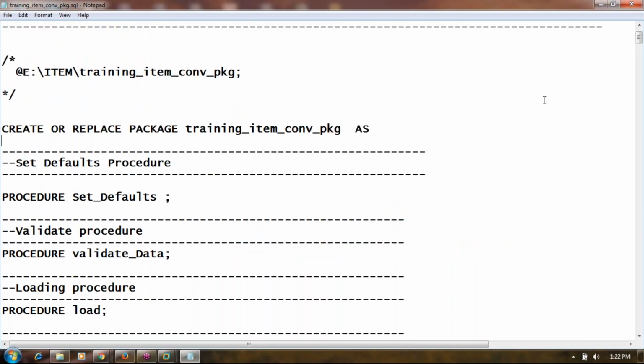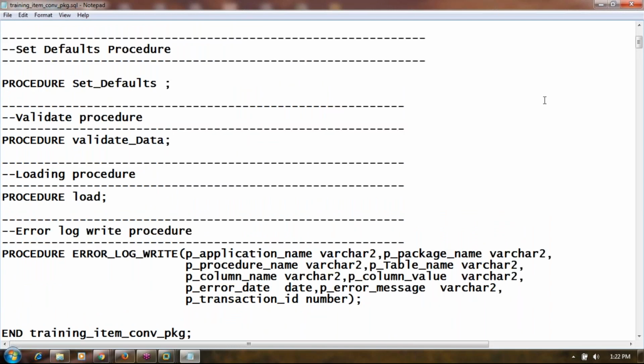My task is to load the data into Oracle Labs. Have you heard about inbound interfaces? Maybe you have heard. Inbound interface is all about the process of loading the data from the file to the Oracle Labs base tables. When we are performing loading, you cannot directly load. Before loading, you need to validate the data. That's the process.